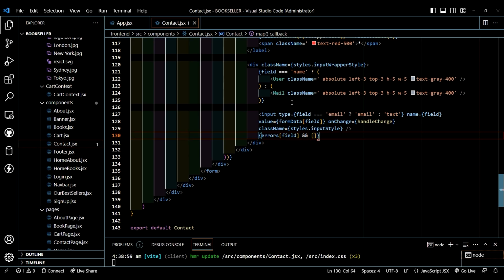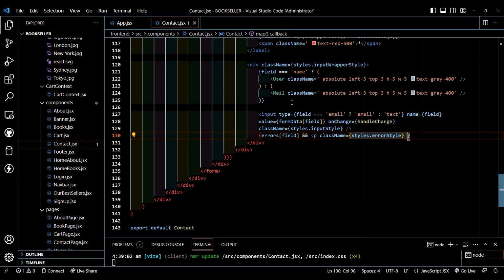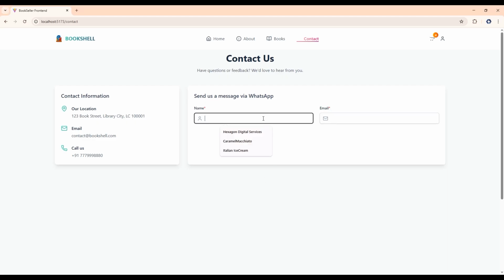and create a paragraph tag, and in paragraph tag give class name styles dot error style. And now let's close this paragraph tag here. Let's pass here errors field will be passed here. So now after this